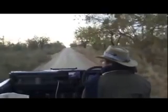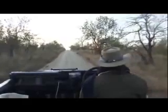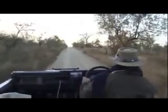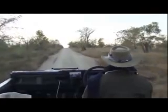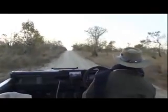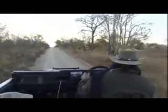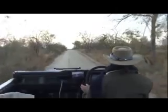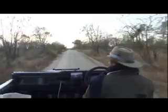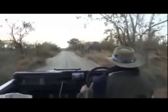Then there was a time I was in Okavango Delta. I think I've told this one before to some of you who might be older viewers, or rather longer standing. I don't mean older age, I mean older length of time. I was in Okavango, one of the really magic moments with a leopard. I've had lots. But it was one moment in my life when